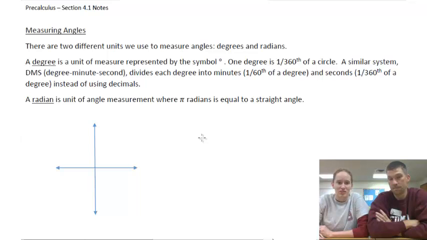That sounds excellent. So the first thing we need to know, there are two different units we use to measure angles: degrees and radians. So a degree should be familiar to you because that's what you used in geometry back